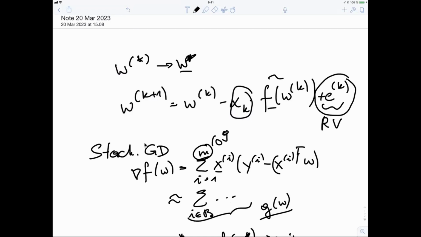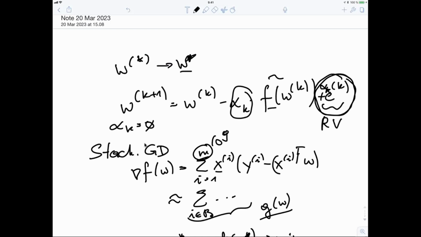However, what is different in stochastic gradient descent, you can read this up in the lecture notes in more detail, you scale the perturbation term by the step size. So in stochastic gradient descent, we have control over the magnitude of the perturbation, and it's scaled using the step size itself. So we can make the perturbation as small as we want by choosing the step size as small as we want. So the smallest possible step size would be alpha k equals 0.